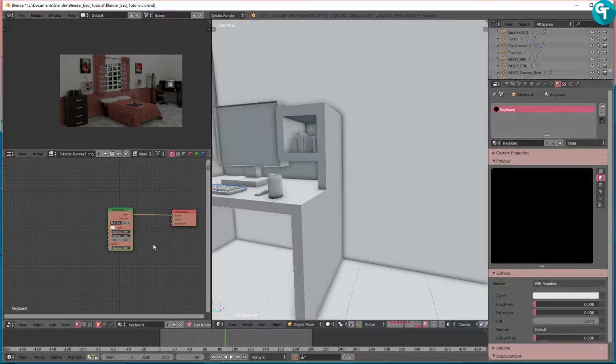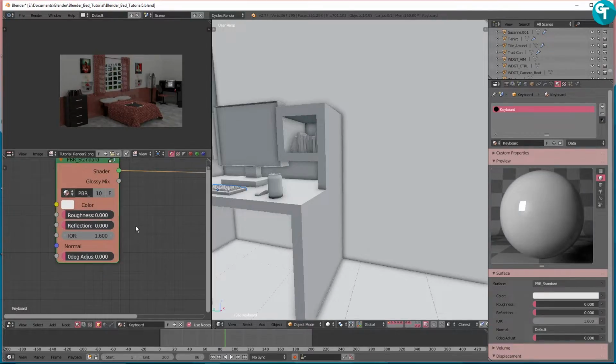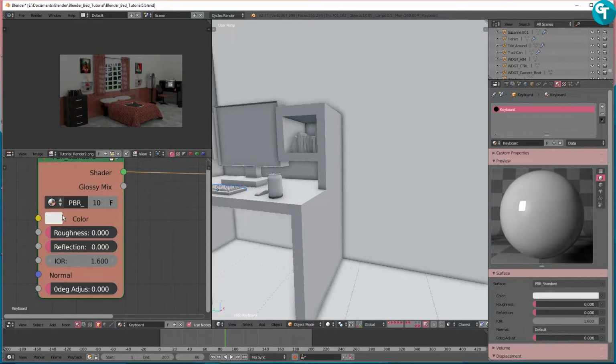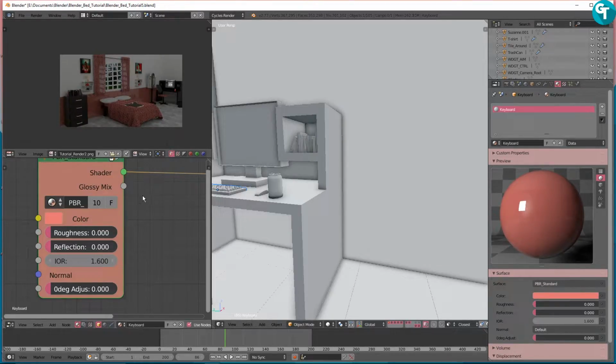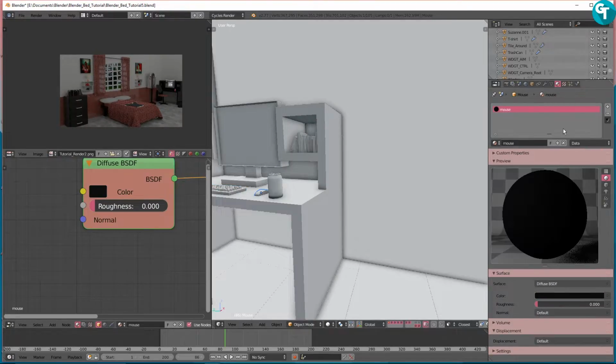and I'm going to plug that into the surface, and we are going to maybe leave this white, but actually we can make it kind of a reddish pink color. I'm not sure if that will look too okay, but we'll play with that. And I'm going to turn the roughness up to something about 0.35,